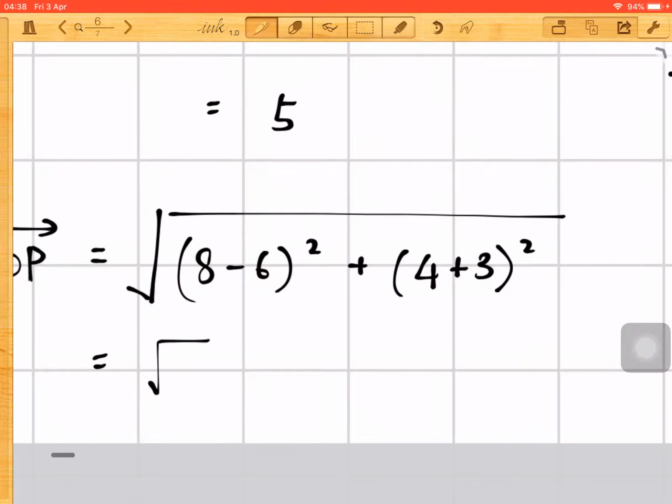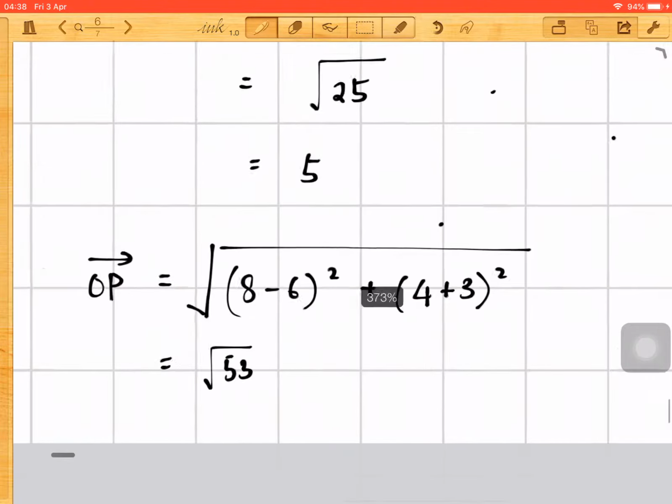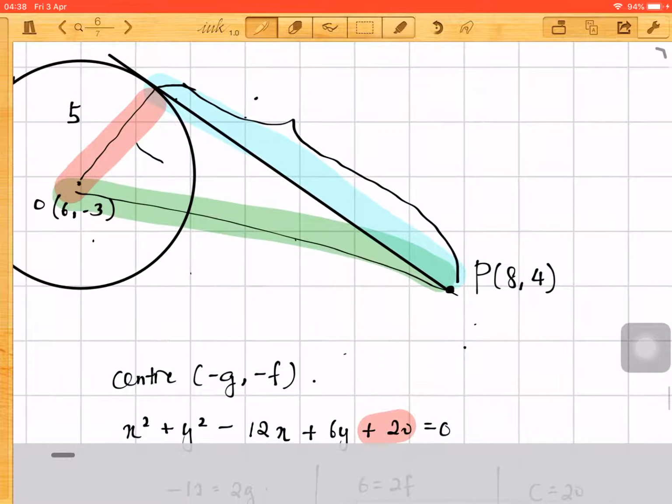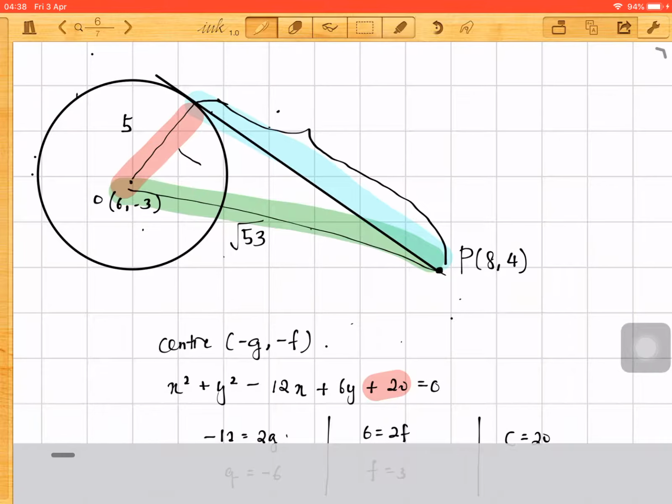So you get square root 53. So now this is square root 53. So with Pythagoras Theorem, we have to find this blue line here. Let's call this something like K. So the distance KP,